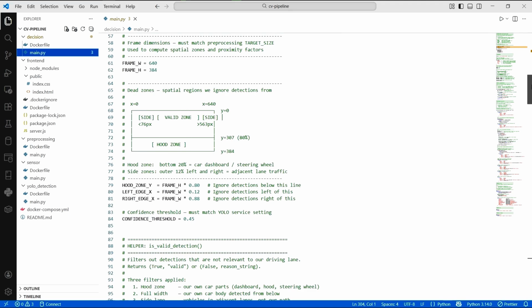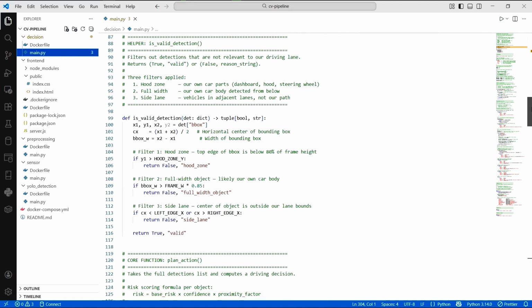This constant defines the spatial zones we ignore. The bottom 20% of the frame is our own car's hood and dashboard, not the road ahead. The outer 20% on each side is adjacent lane traffic, not our problem. Any detection that falls into this zone gets filtered before scoring.